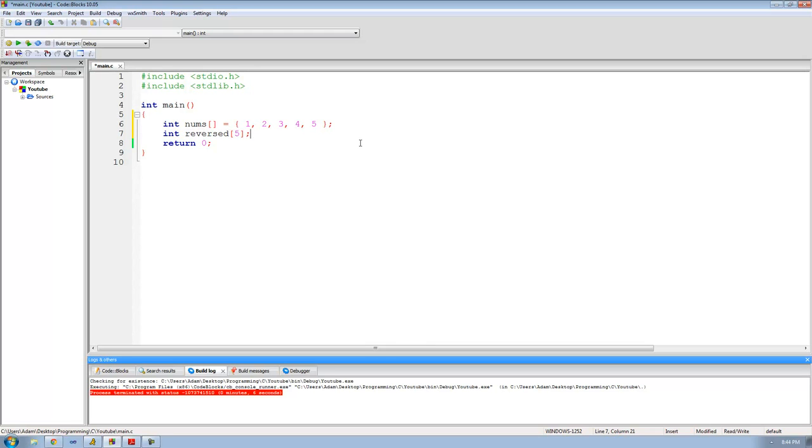Alright, so now we actually need to get to the code to actually reversing it. So like I said, what we want to do is make the last element inside of this array equal to the first element inside of this array. So the last element inside of this array right here is going to be 1, the second to last element inside of this reversed array is going to be 2, and so on. So basically what we need to do right here is just go through every single element inside of this nums array. So we're going to say for int